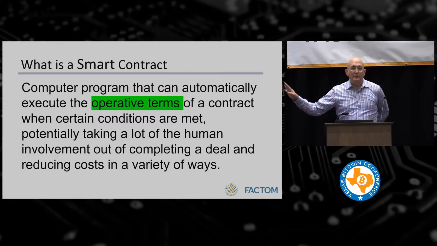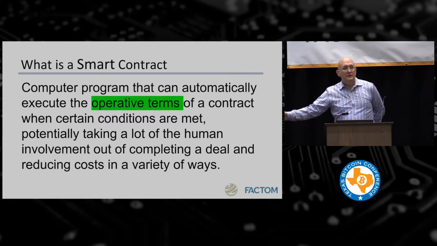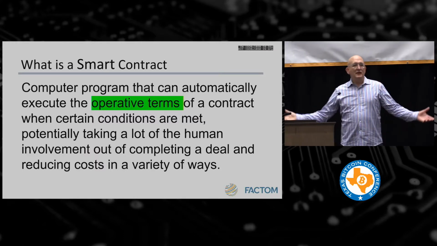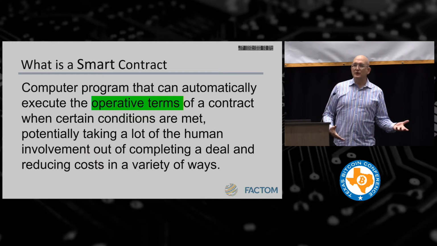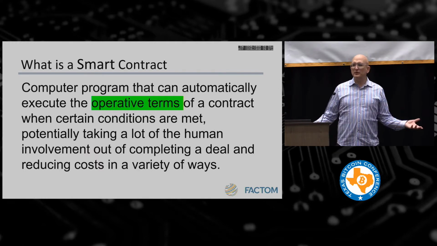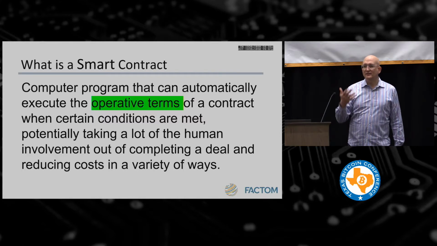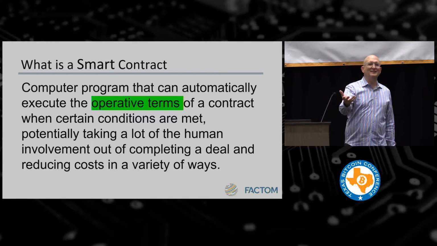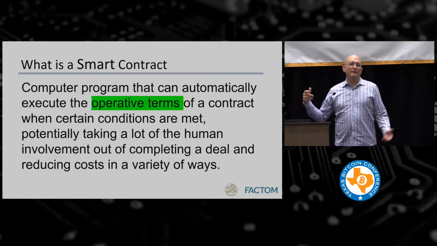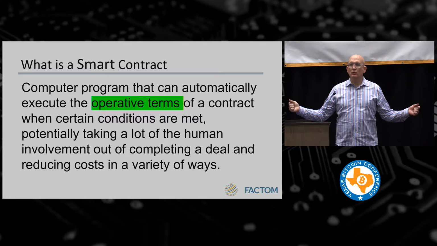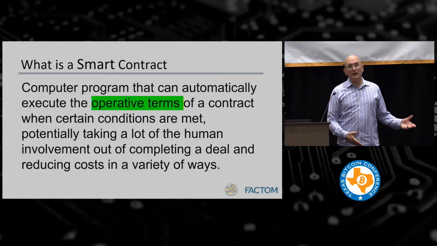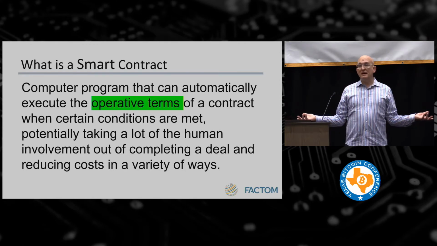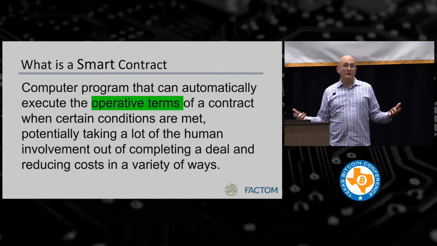The important thing about operative term there, the reason that that's green, in a contract, you have operative terms and non-operative terms. Non-operative terms are, if Juan and I decide to sign a contract, we're going to first of all pick a legality. Like, what venue are we going to have? Is this going to be in Delaware? He lives in Mexico. Is it going to be U.S.? Is it going to be Mexico? We've got to determine some things about this contract that are non-operative.